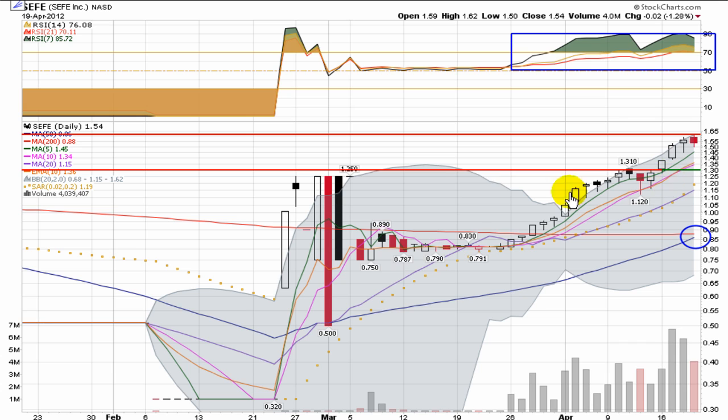Breaks above the 200-day. Breaks through a resistance point. Continues an upward climb. And right now it's at a point I'm looking forward to make a new high, but also evaluating any sort of pullback points where this chart can find some support. Those are the type of things that I see in the SEFE chart, but as always, it's